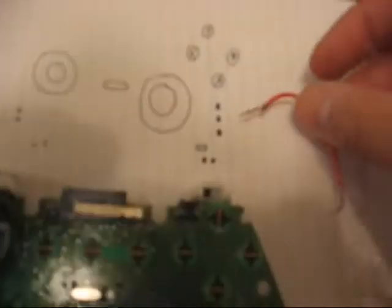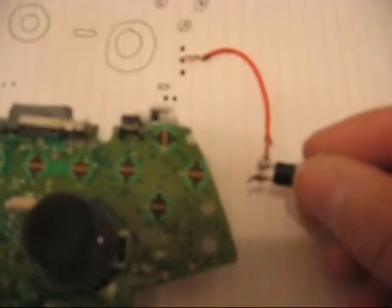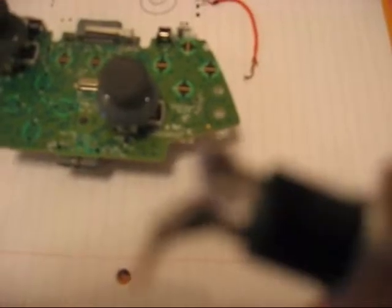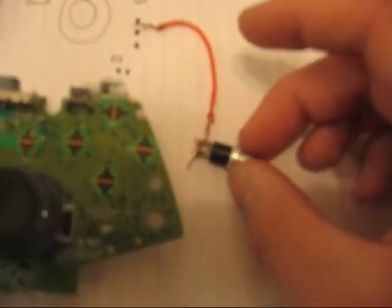It's pretty sick. But so the way that it looks is, sorry, my camera can only take so long of shots. But anyways, you're going to solder from here, that center pin, to one of these nodes on the momentary push button. My camera sucks, but you can kind of see that there's 2. Let's see if I can. No, it doesn't like any colors. But anyways, there's 2 pins. I've got solder on these already, because I used it. So you'll solder it like that on the one end,